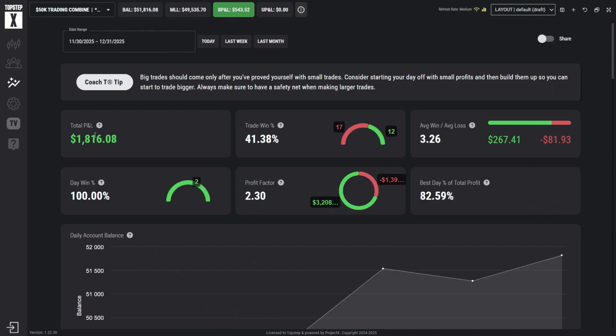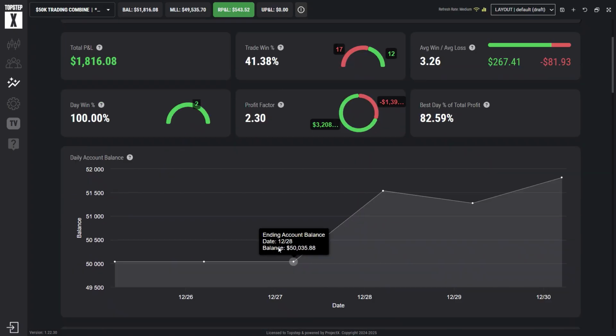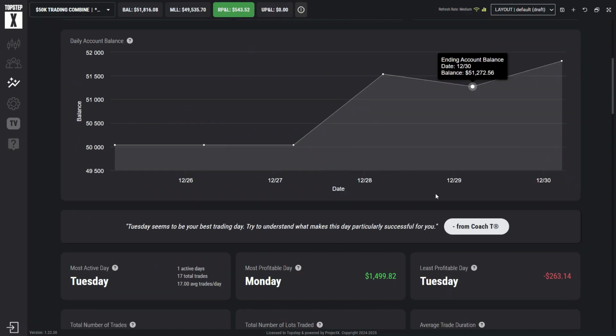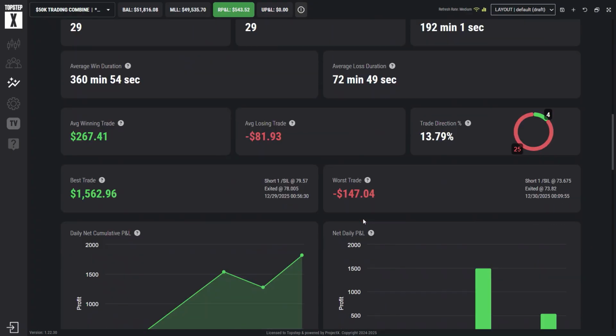So here's the total P&L right here, and if I scroll down, so this was as of last Friday. The balance was $50,035. This was this past Monday. I brought it up to a little over $1,500. Yesterday I took a little beating, and then today I brought it back up to what it's currently at right now. So if I scroll down even further,